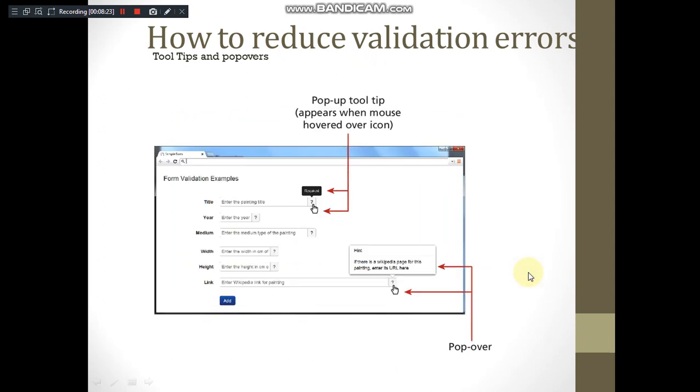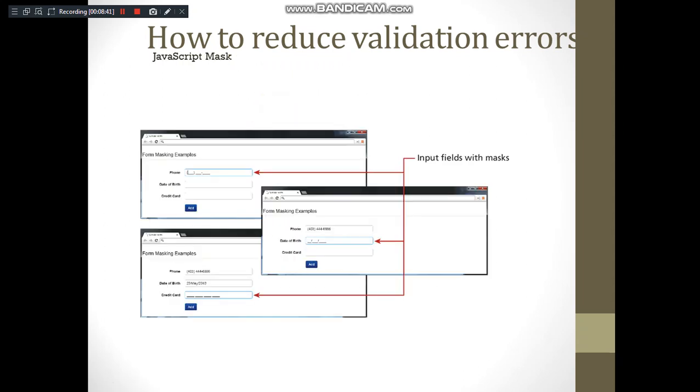This is one way. The other way is using the tool tip, a pop-up tool tip. You are inserting a tool tip here with a question mark. When the user places a mouse over that, you are displaying a message over the hovered icon, saying that it should be so and so. It's giving an instruction. Mask: say if you are asked to enter the date of birth, you can tell the user should enter month first, date first, then year, and whether the year should be 4 digits or 2 digits, by means of giving a format with the mask like this, where you are entering the date with a proper field mask.